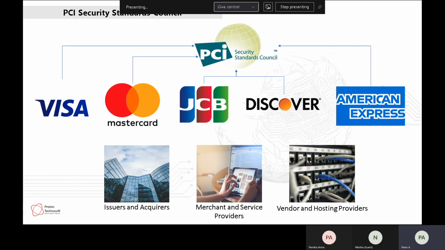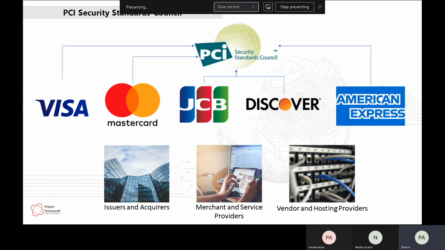So they reached out to these payment brands and said, look, I am already complying with Visa. Can't you just take my compliance on Visa and give me access to the MasterCard network? So MasterCard will say, no, I don't agree to Visa's standard. You have to comply with my standard. And similar is the case with JCB, Discover, and American Express. So these 5 payment brands came together in the early 2000s and formed a council, the PCI Security Standards Council, and this council was formed in 2006.